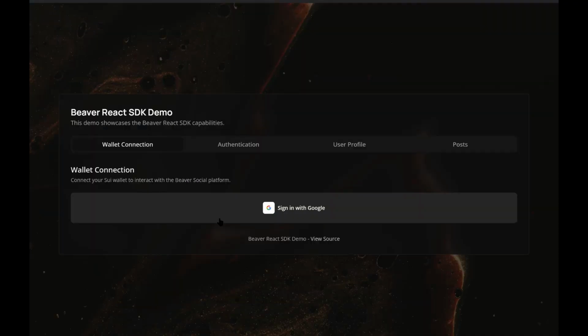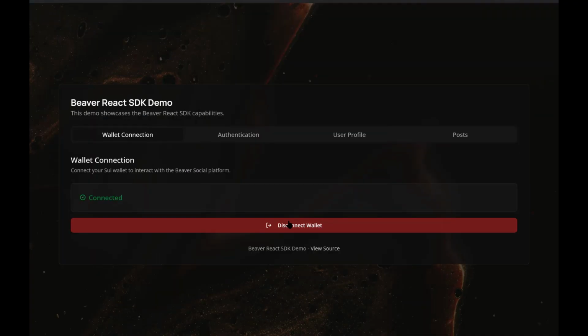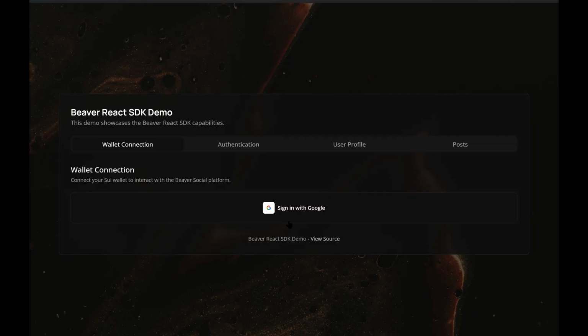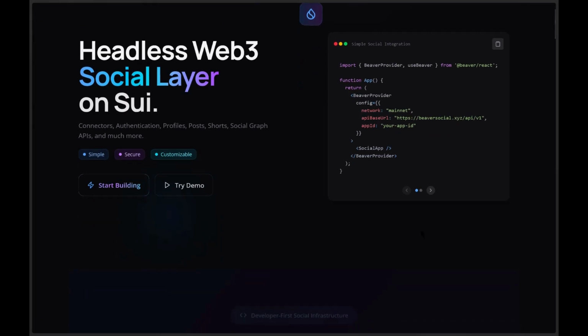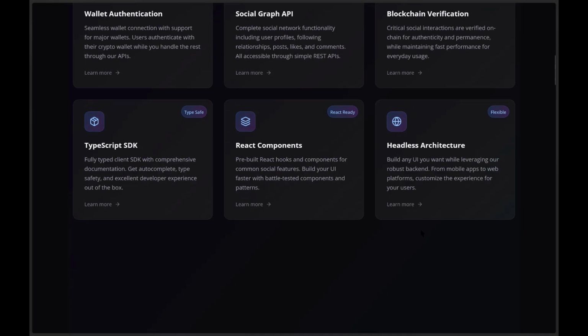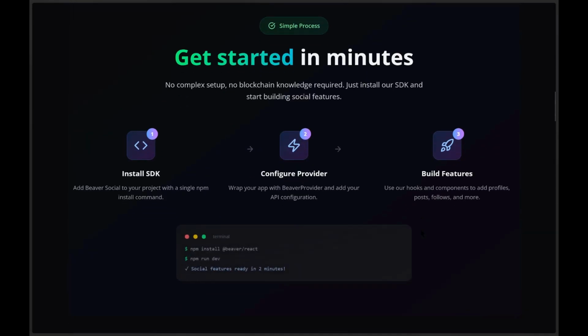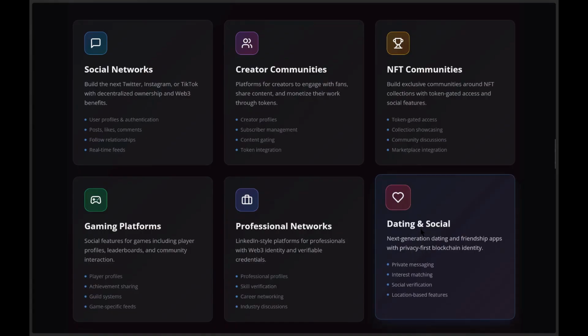The decentralized Beaver identity, the social graph, and the reputations are portable across any application built upon our Beaver infrastructure. Beaver Social provides the backend logic, the on-chain primitives, and the developer-friendly SDKs needed to build next-generation social experiences on Sui. We believe it's a significant piece of infrastructure that can accelerate the growth of the Sui ecosystem by lowering the barrier to creating compelling decentralized applications.